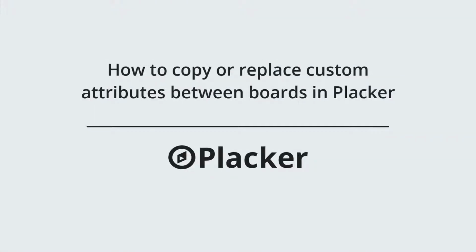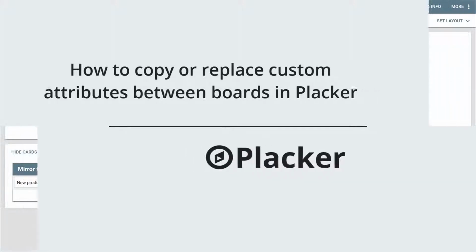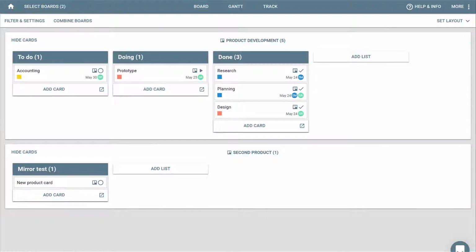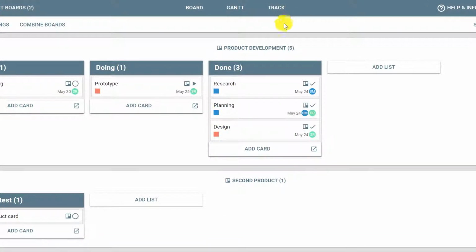In this video, you'll learn how to copy or replace custom attributes between boards in Placker. Custom attributes are a very effective way of keeping detailed information in your cards. In this example, we have a board that contains information for a product development, and these cards already have custom